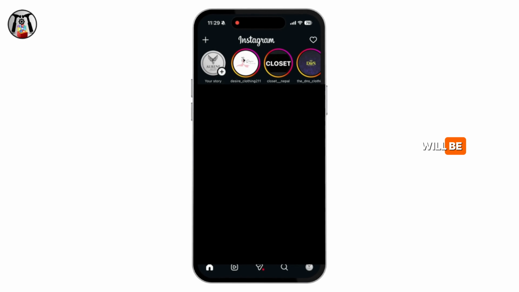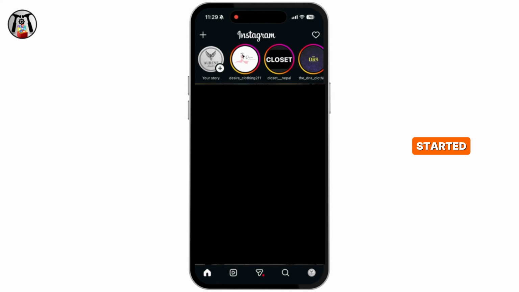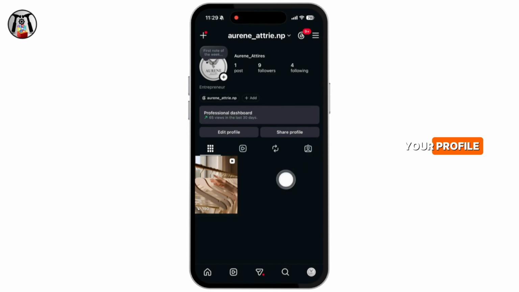In this guide, I will be showing you guys how to fix Instagram schedule post not working. Let's get started. The very first thing you want to do is launch your Instagram, navigate to your profile page,